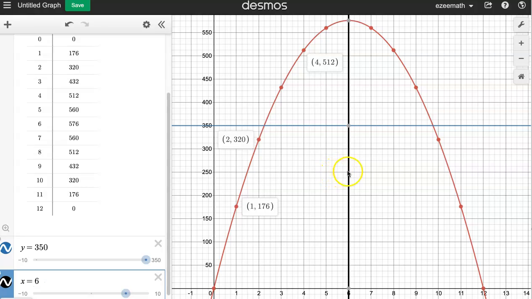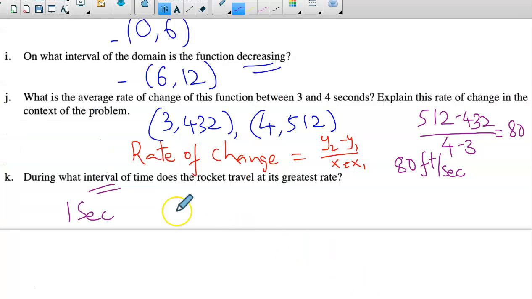In which time interval is the rate of increase in the height greatest? Whether it is increase or decrease, they're just looking for the greatest change. Okay, so we have to look for that, and it is obviously in the starting first second and in the last second. You see so much gap, and you will also see. So this is how you can say that during the first second and the last second, from 11 to 12 seconds,